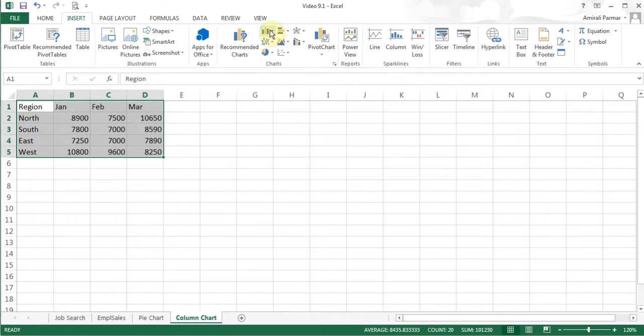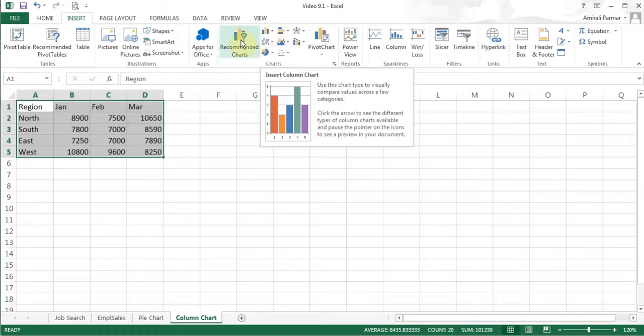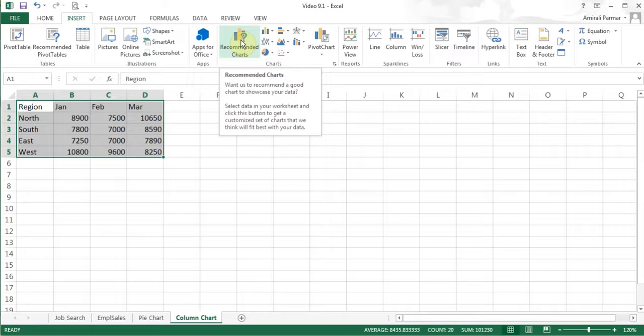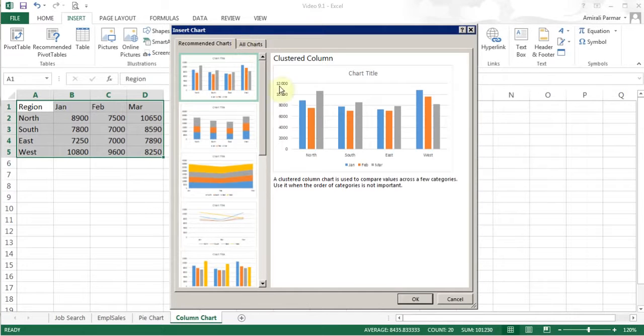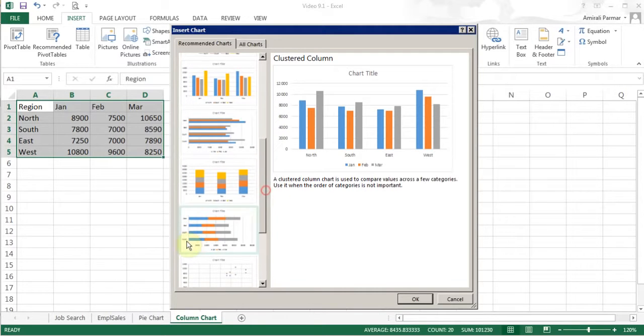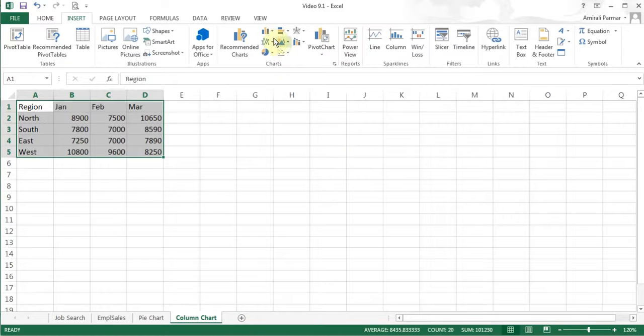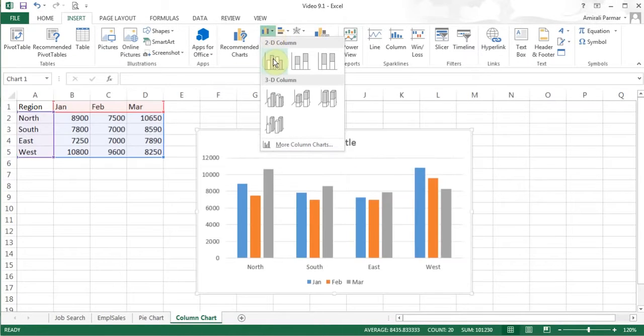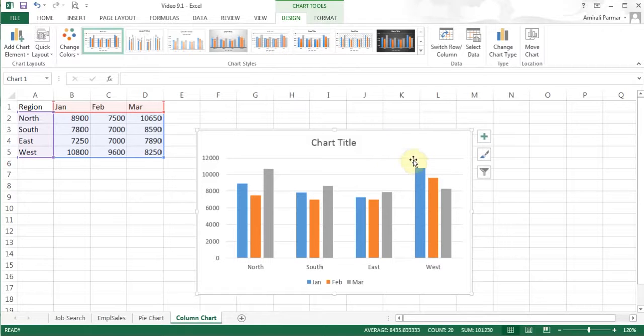So I'll just go with the column chart right now, and they also give you the recommended chart options. If you wanted, you could just click on it and you see it is recommending a column chart, and there are some more designs that they are showing to you. So you see there's the bar chart. So these will be the most common ones in this case. So I can just go to this and I can choose the first one, and right away the chart is